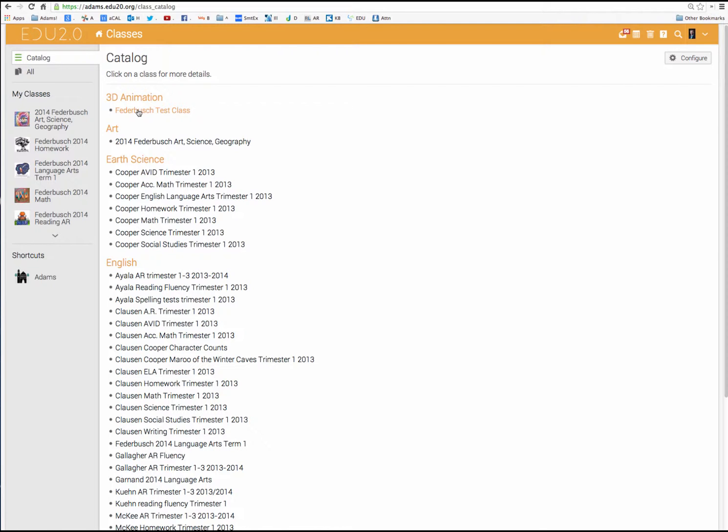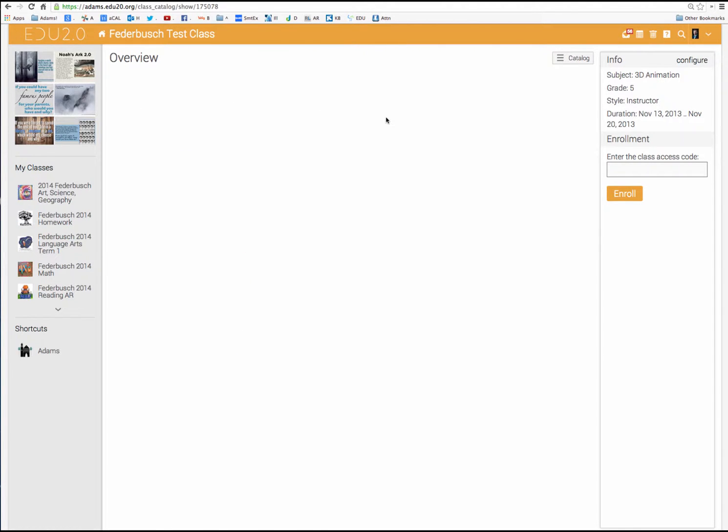So if I were to click this class, I'd be able to enter that code right here, just paste it right in here, and I can click enroll and I'd be enrolled in the class. I don't want to do that because I'm the teacher, but that's how the students do it. It's that simple. So the second way to do it is to